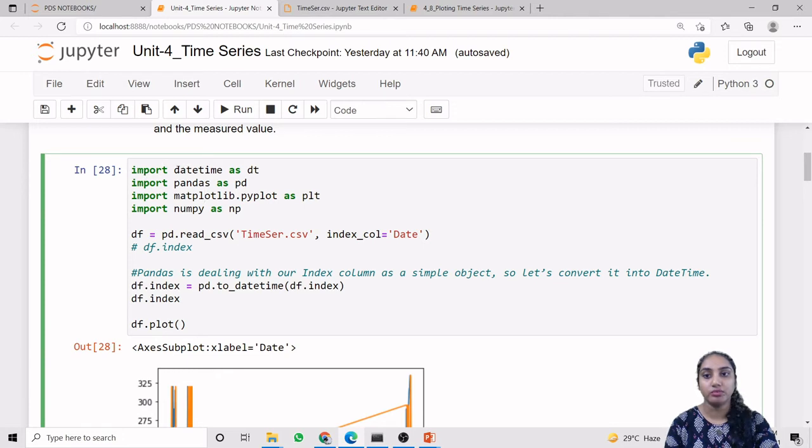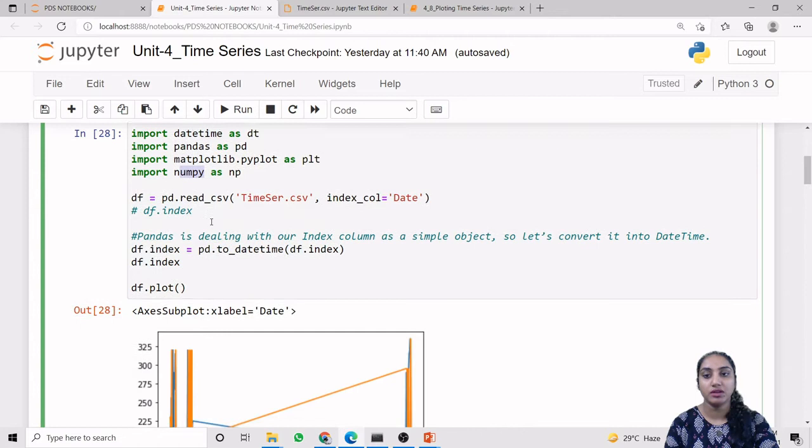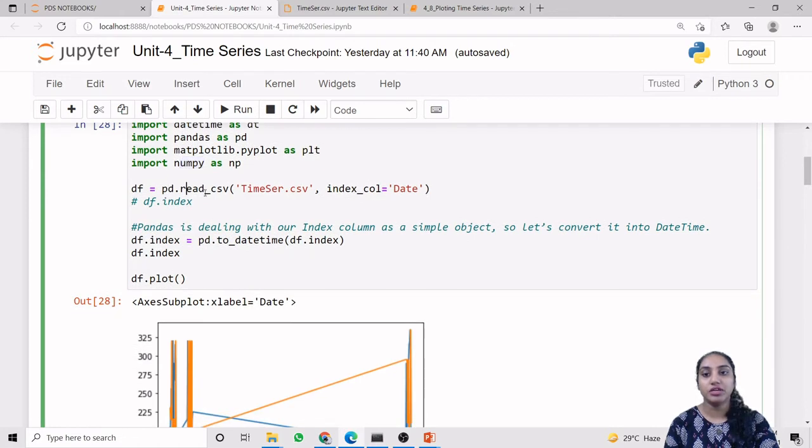So again we are importing all our required libraries, that is datetime, pandas, matplotlib and numpy. Now we are using pd.read_csv. We are reading our file, that is time series.csv, and we are converting our date column to the index using the attribute index_col. So index_col is equal to date.